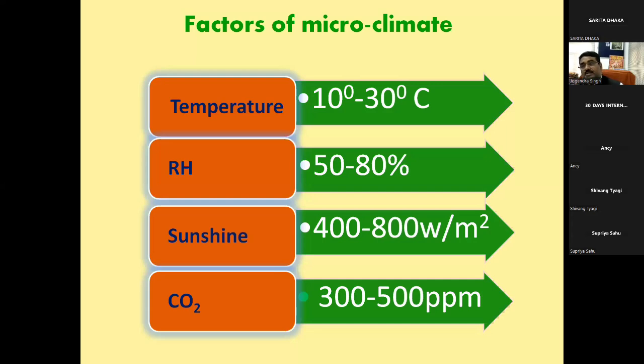If you need 30 degrees, you can maintain 30 degrees. If you want 50% RH, you can maintain 50%. If you require sunshine of only 400 watt per meter square for 2 hours, you can maintain it with LED light. So there are these types of options, but high-tech is high cost, and the Indian market is not a high-cost provider. So these are what we can maintain in the semi-controlled polyhouse.